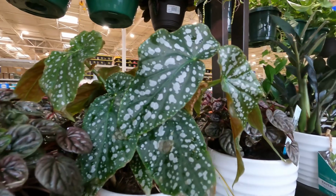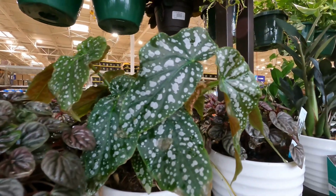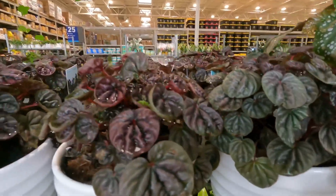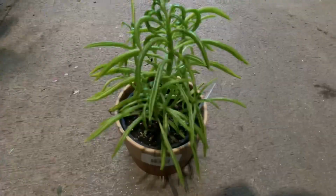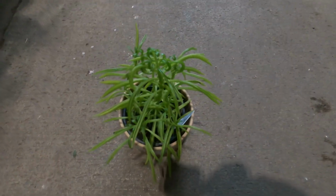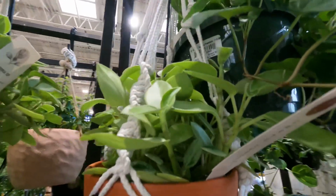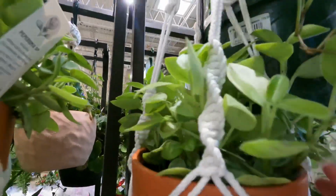And this is a begonia. Again, we always get this. I think this one is the angel wing, not the maculata. And the peperomia, I'm not really sure what kind of peperomia this one is. Like I mentioned in my wishlist video, I am trying to get into more plant genera that I previously ignored. And this is a peperomia pixie. I recognize that because I previously had one. And this is the third